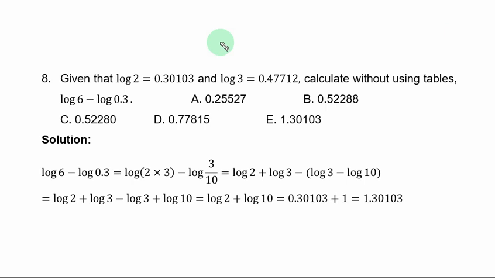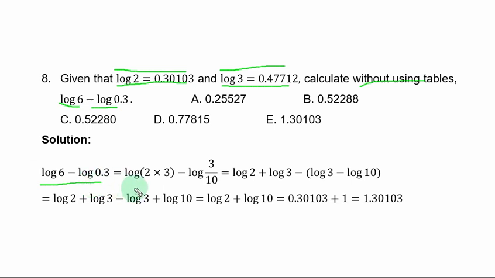Question 8. Given that log 2 is equal to this, log 3 is equal to this, calculate without using tables log 6 minus log 0.3. You should evaluate log 6 minus log 0.3 on the basis of log 2 and log 3. Now this is the given expression. In terms of 2 and 3, you can